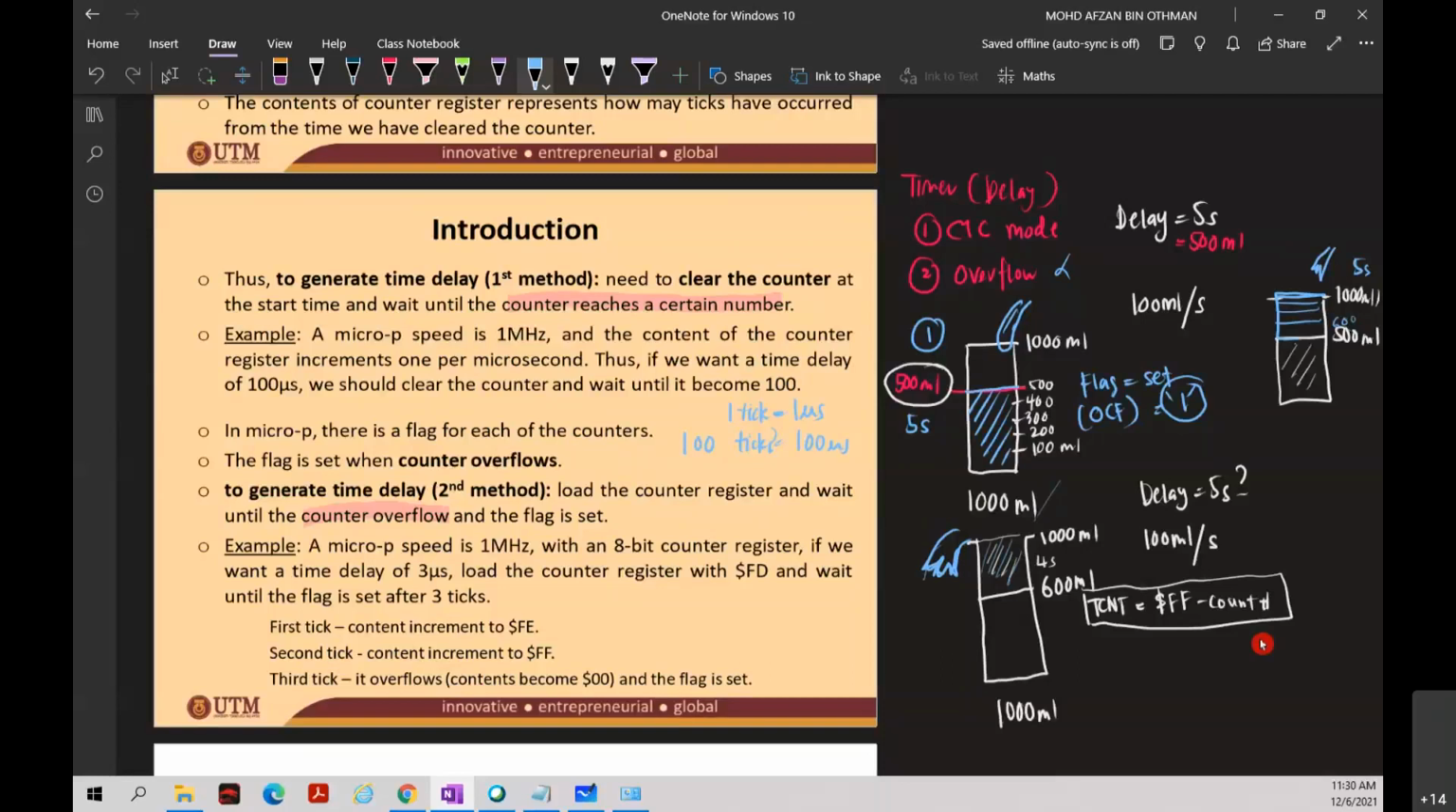And then after that, the timer delay will be generated after you put water inside this bottle until it overflows. Okay, for example here, the microprocessor speed is 1 megahertz. With an 8-bit counter register, if you want a time delay of 3 microseconds,